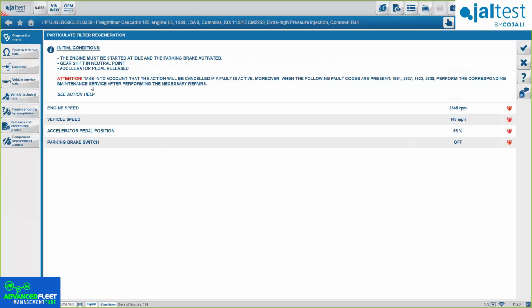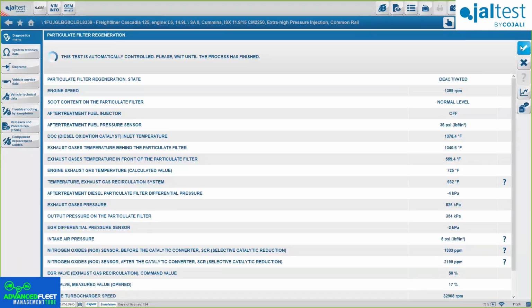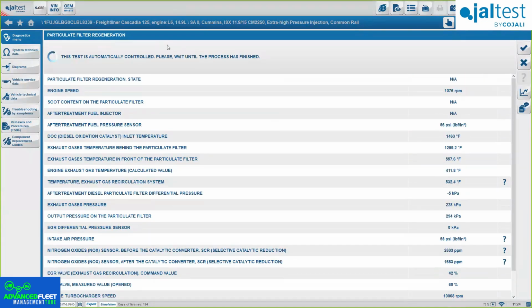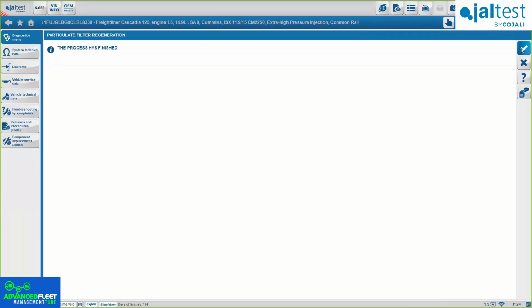It's always good to read this. It's always necessary because sometimes, even though everything is with a check mark, if we have, for example, one of these codes present on the diagnosis, we will not be able to continue, we will get an error message, and then we can get frustrated, okay? So it's pretty good to read everything before continuing, and then we click on the check mark, and basically it's carrying out the procedure, okay? Once it's done, you will see the test has automatically completed. And you should be good to go.